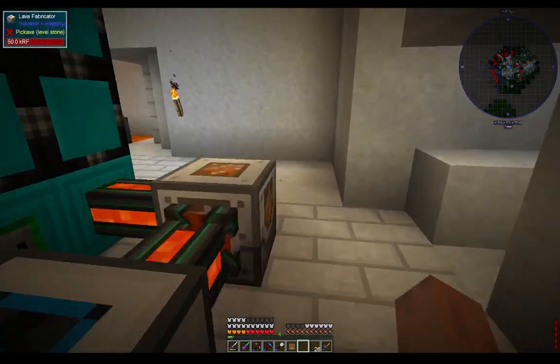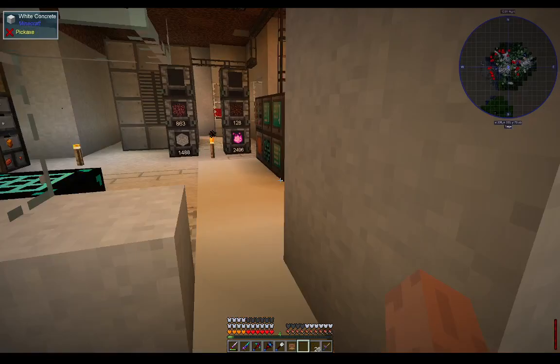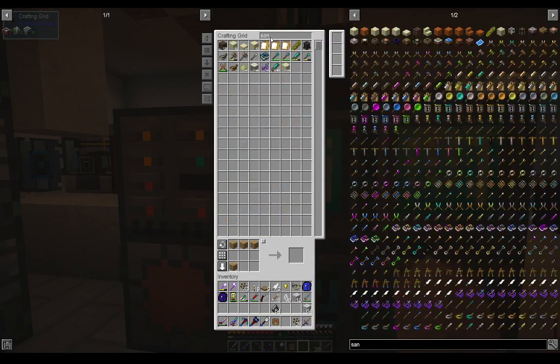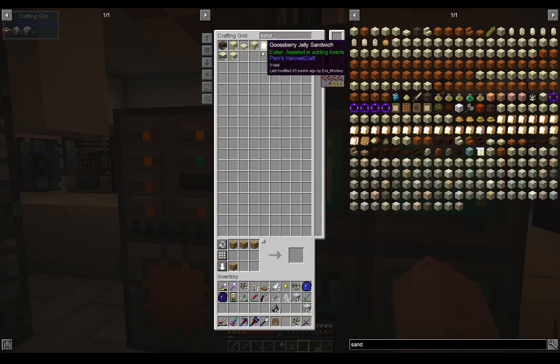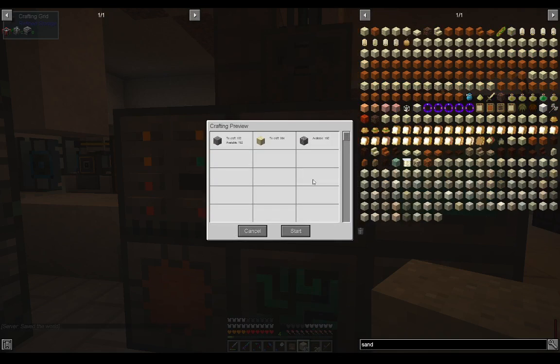And that comes in handy if I'm short on sand or gravel, because I can go into my refined storage and say, let's check out sand. I go to use all my sand, and I'm out of sand. I can craft sand, and I say, let's just queue up a whole bunch of stacks. Hit start, and I have all the cobblestone I need,